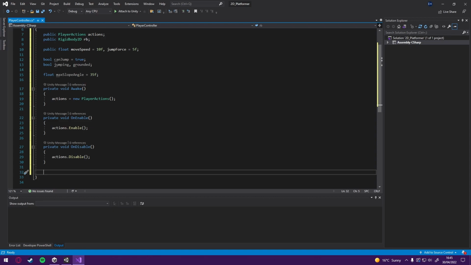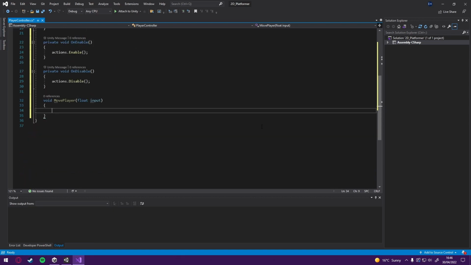So firstly, let's make our movement function. So we're going to make this just standard void. I'm going to call this move player, and it's going to take an input of type float, and we're just going to call this input. So what we need in here is an internal Vector2 called final vector. We're obviously going to instantiate it as a new Vector2,